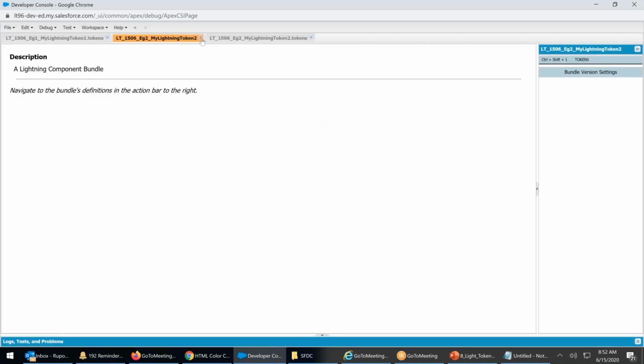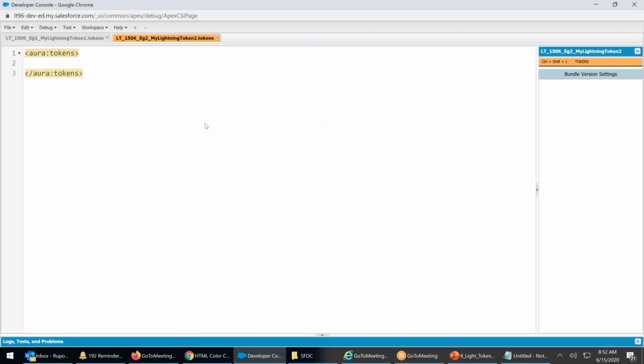Go to the description, close the description. So token 1, token 2. Like this, you can create a lot of tokens. Token 1, background colors. Token 2, right, size. Aura token,